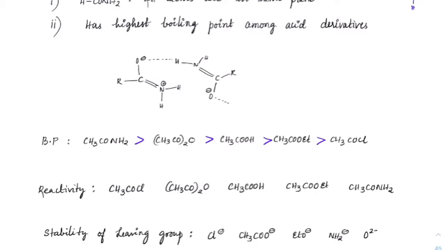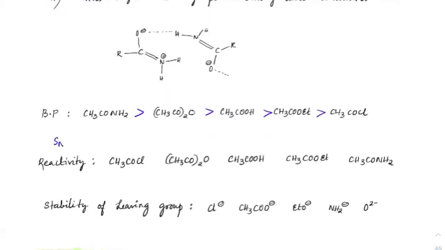If you see the reactivity, this reactivity is towards SNTD, which means if any nucleophile is approaching, which one will be most reactive? CH3C=OCl will be most reactive because that will have more active carbon. Although the lone pair may be giving resonance with plus M effect, the minus I effect of chlorine is more, because of which carbon's delta positive will be quite high. So the attack of nucleophile will be better on CH3C=OCl. So its reactivity will be better than anhydride.